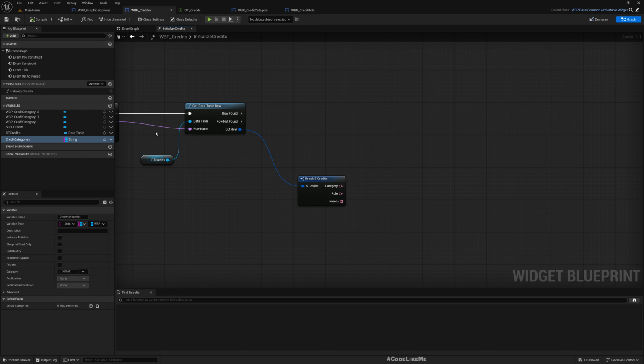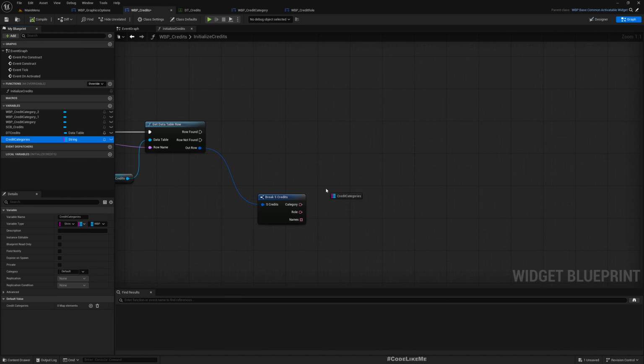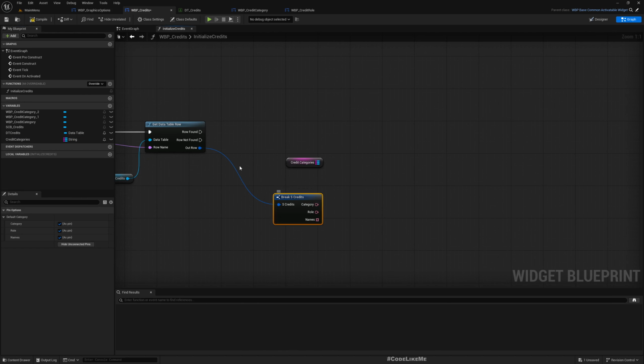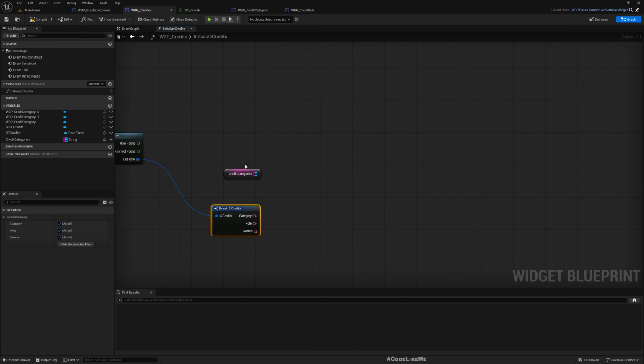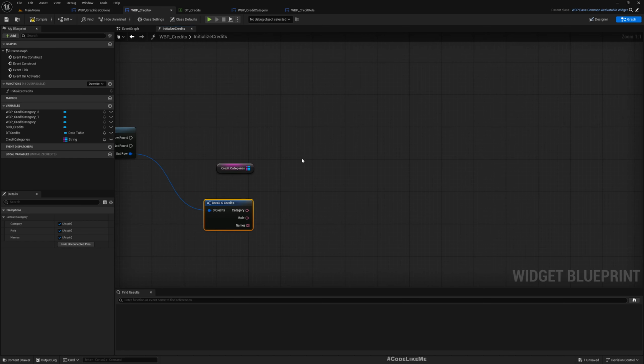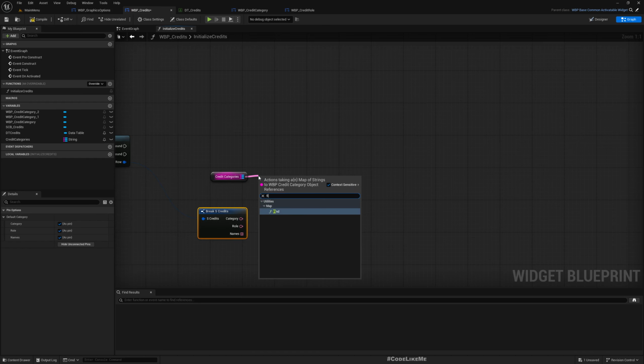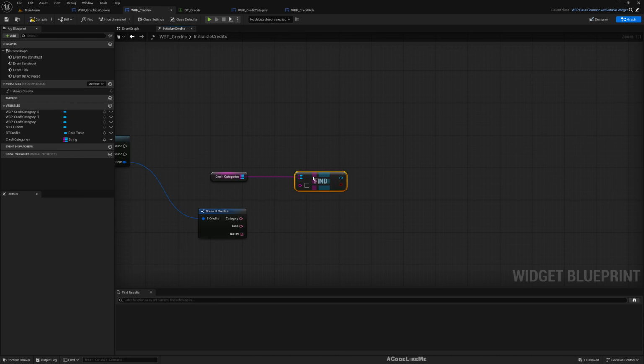Get reference. Okay, now get this map. So initially we wouldn't have anything, but the second time when we encounter an arrow with the same category, we would have something here. We would have a credit category that represents this category. So let's do a find a category. So if it is there,